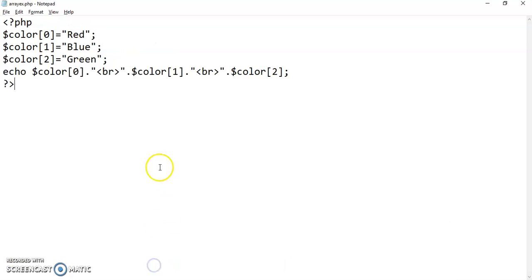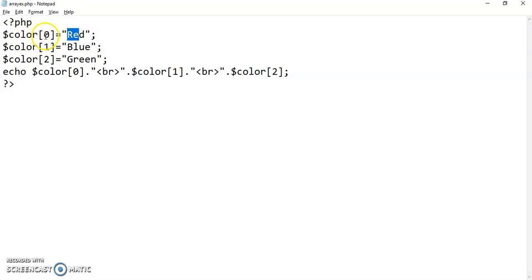So the first array that we have is the indexed array. Like I said, indexed or numeric array is nothing but the usual array that we create in all the other programming languages as well. So when I want to create an array over here, I can make use of any one of the two methods. The very first method is where I create an array, use the index value and assign the value.